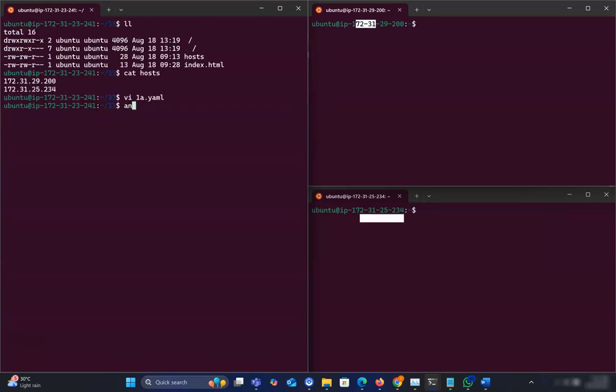We already know how to run an Ansible playbook file, so let's run ansible-playbook. Then we need to show the host file. Our host file is in the same location, so that's why I put -i hosts. Then I need to give the file name. Our file name is 1a.yaml. So if I run the file,